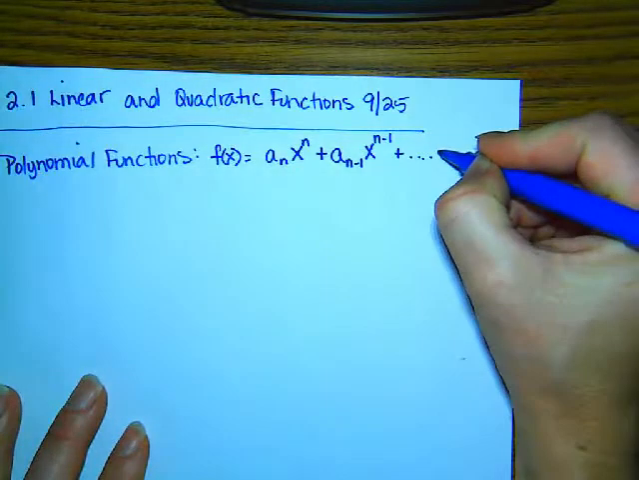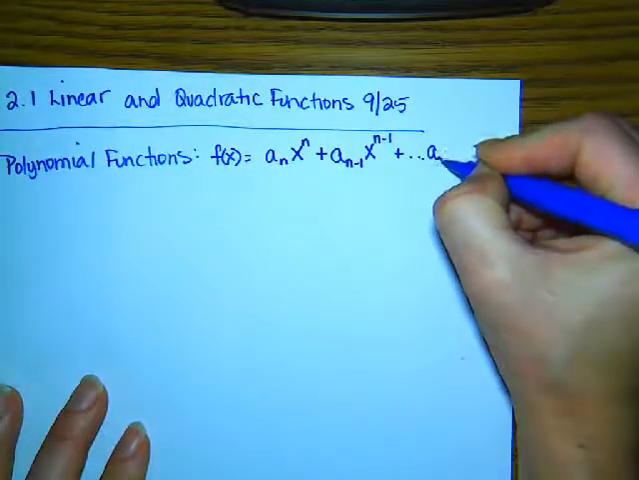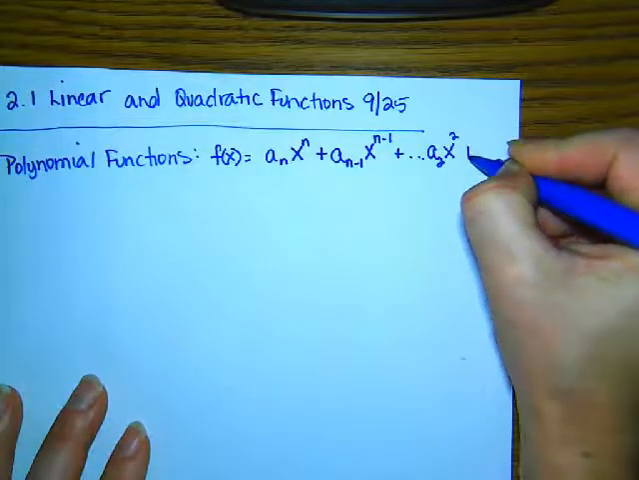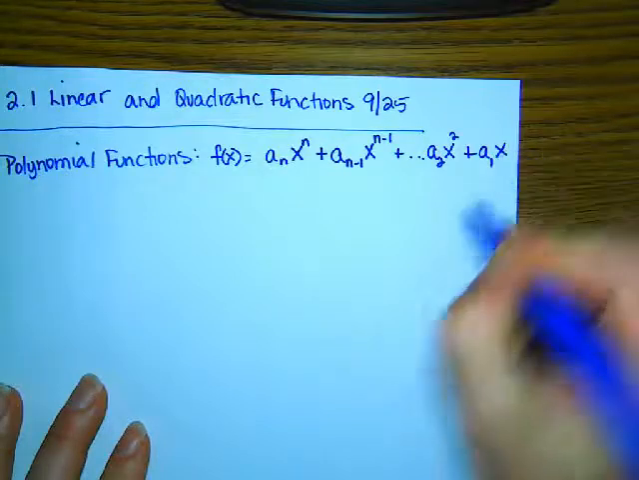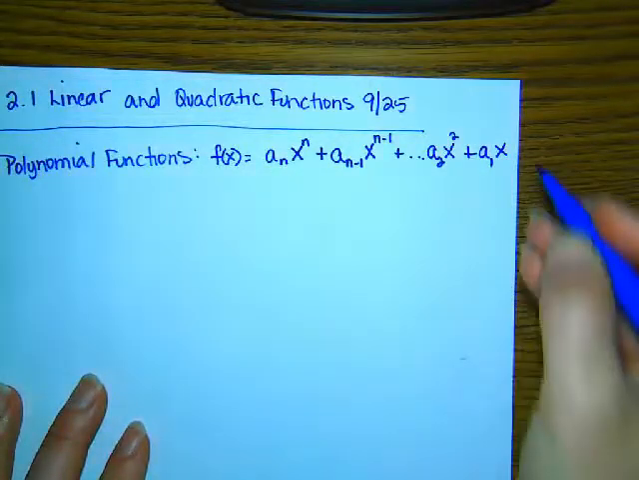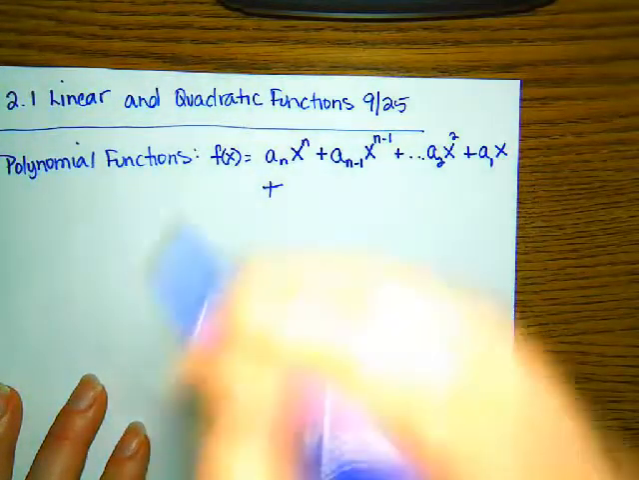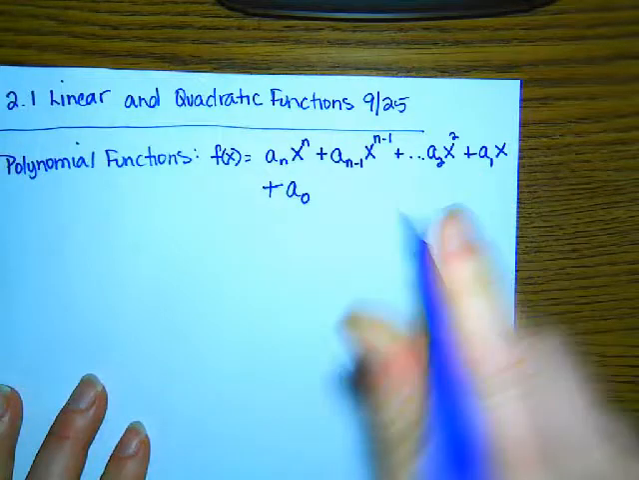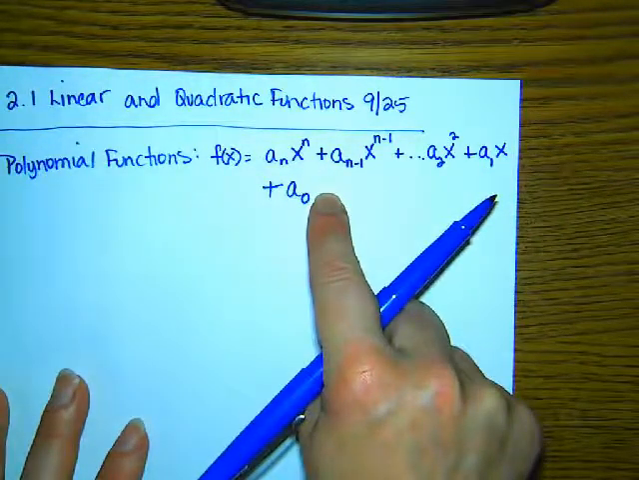So then I could get all the way to degree 2, which would be a sub 2 x squared. I'm going to run out of room. A sub 1 x to the first, but I don't normally write first. Okay, and then continue it down. I'm going to continue it down here. You probably have enough room. Plus a sub 0, and I don't even write x to the 0 because x to the 0 is just,